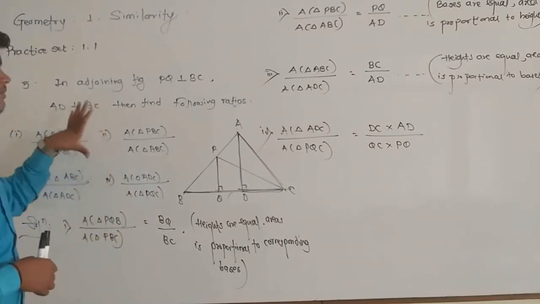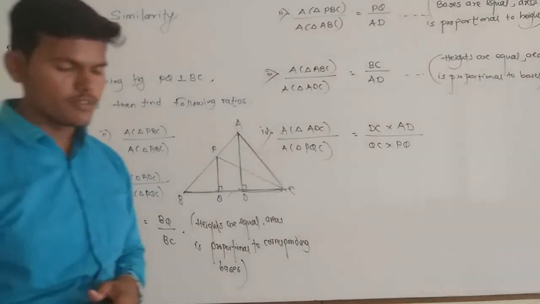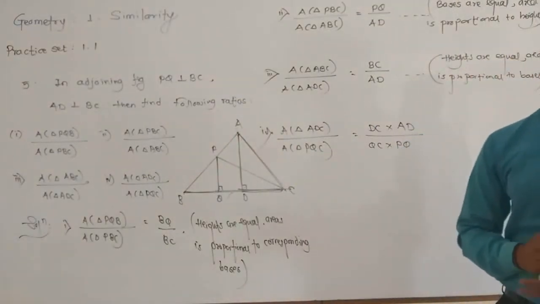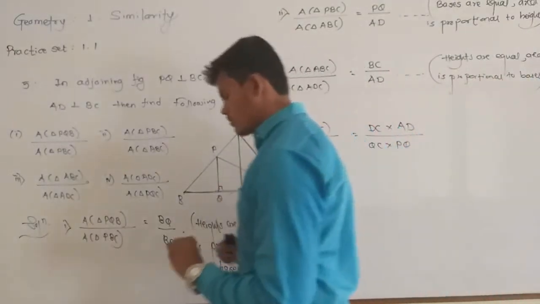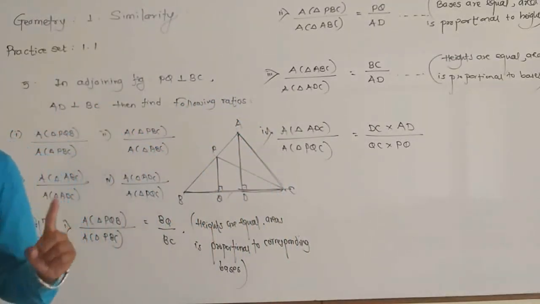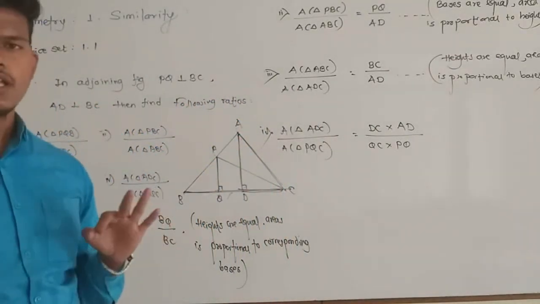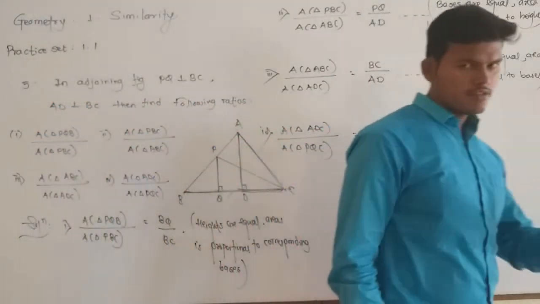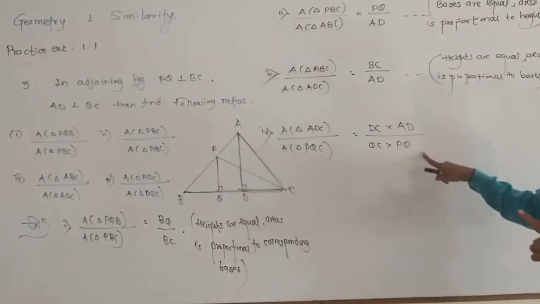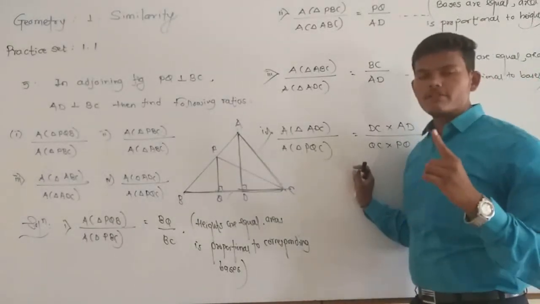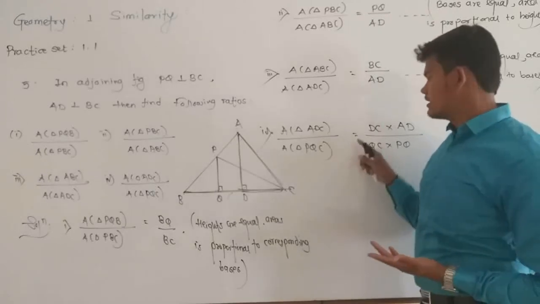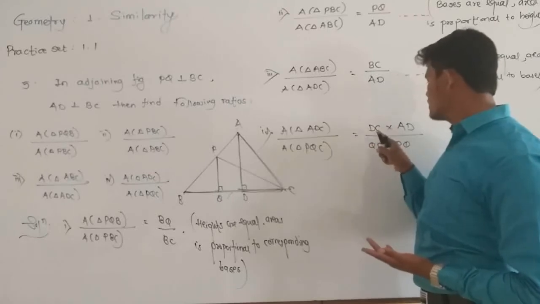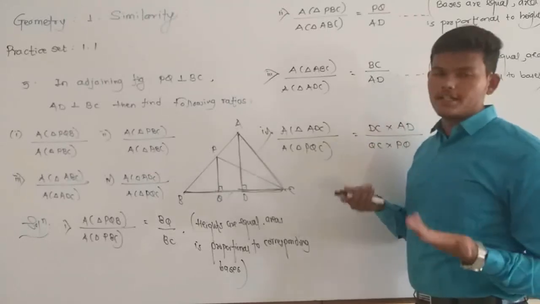Okay, this is all about our first practice set 1.1, which is based on the most important property, that is ratios of areas of triangles. So there are 4 important properties. That means there is one property, and for first property there are 3 cases. In class I again repeat all those properties. First one is, that is our last ratio. If two triangles having different heights and different bases, then ratios of areas of triangle is equals to product of their bases and corresponding heights.